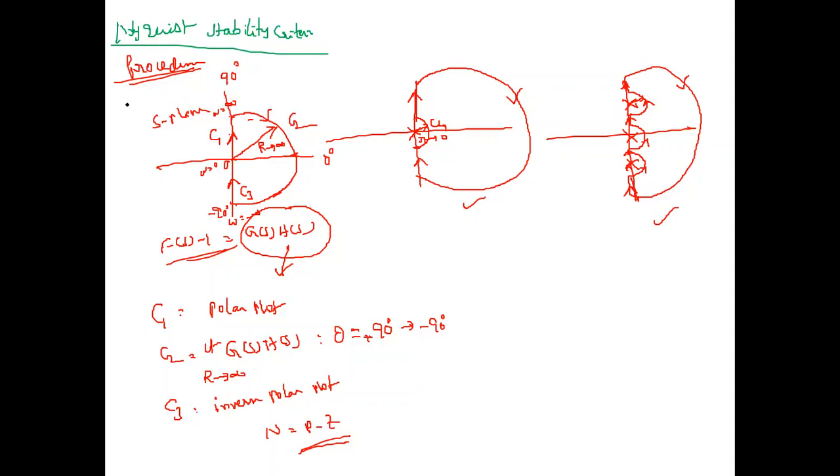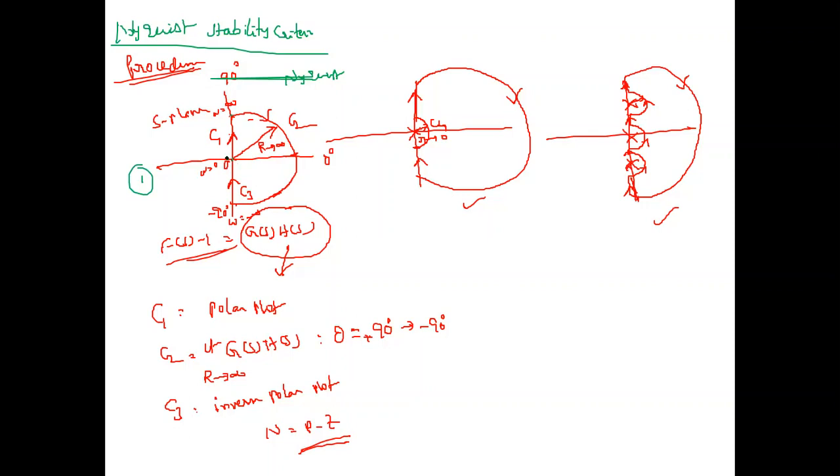Here, first we need to select a Nyquist contour. What is a Nyquist contour? We should select the contour in such a way that it covers the entire right hand side of the plane. Even if I draw a small circle, it is a semicircle of infinite radius. It starts at the origin, goes to infinity covering the entire right half plane, and comes back to 0. This is the first type of contour.